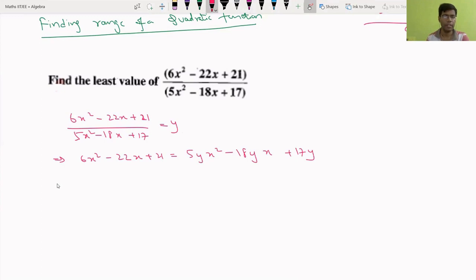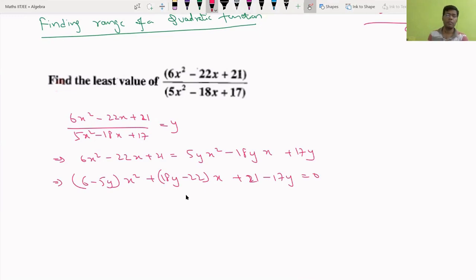So now let's bring all the x square and x terms on one side. We'll get (6 minus 5y) x square plus (18y minus 20) x, and here I'll have plus 21 minus 17y